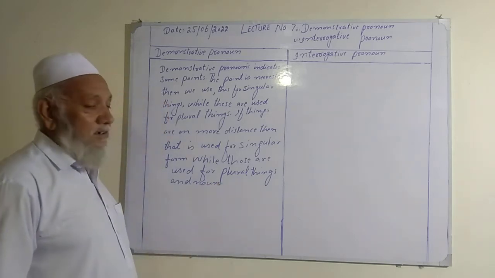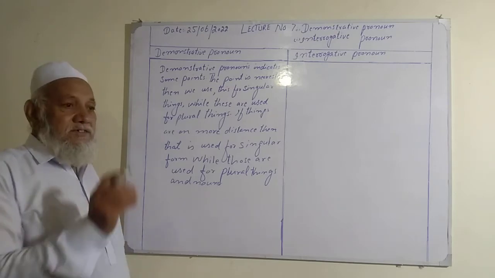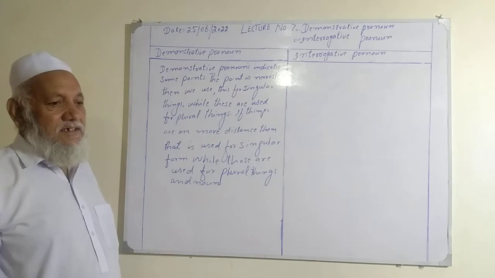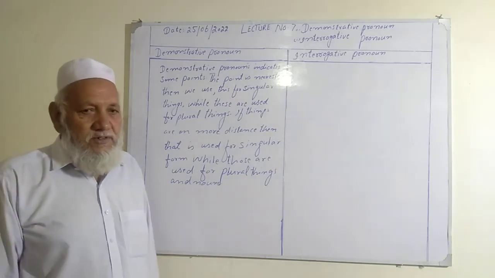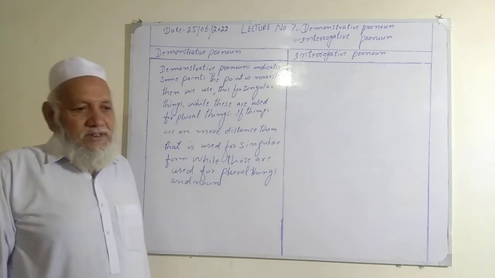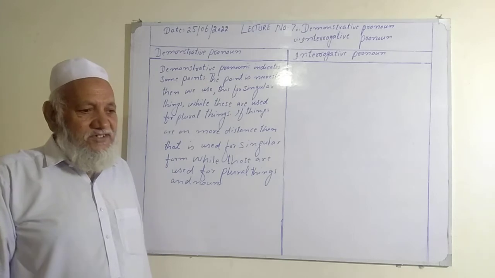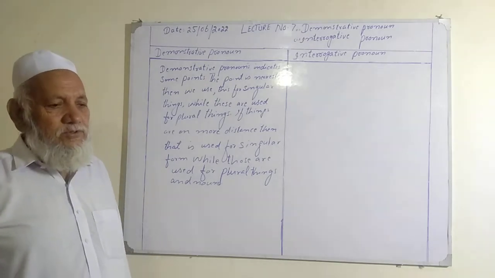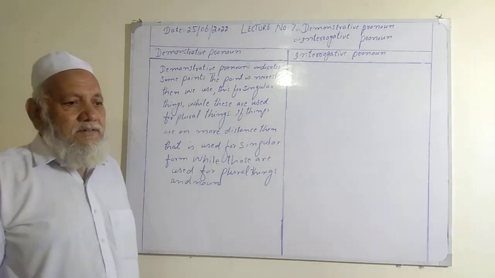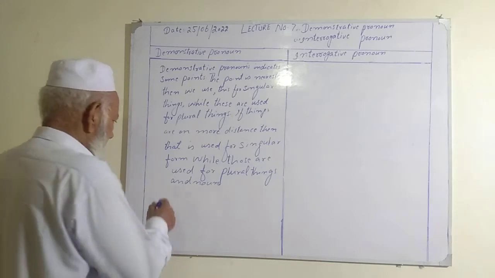So now you are clear. Demonstrative pronouns are those pronouns which indicate some point when the point and the things are nearest. So there we use this for singular and these for plural. But if the thing is away on more distance, so we use that for singular form and those are used for plural form. Example: